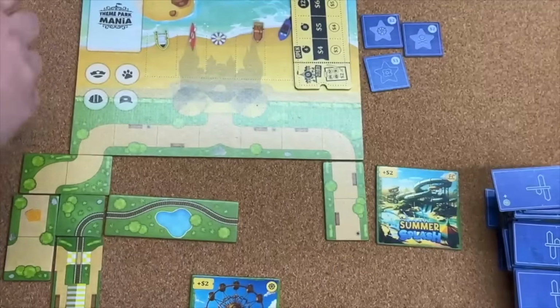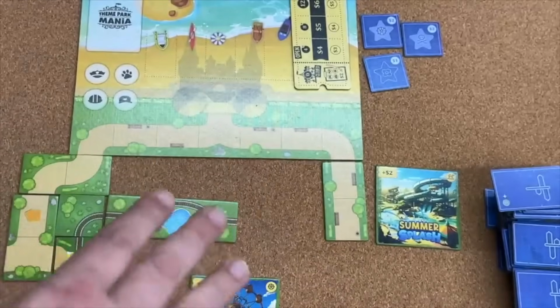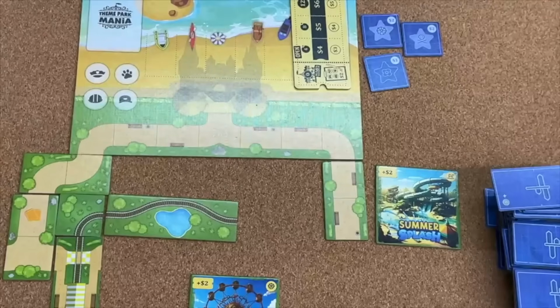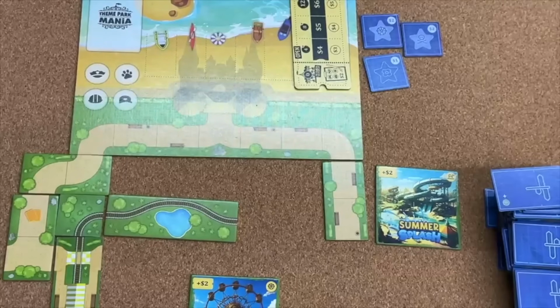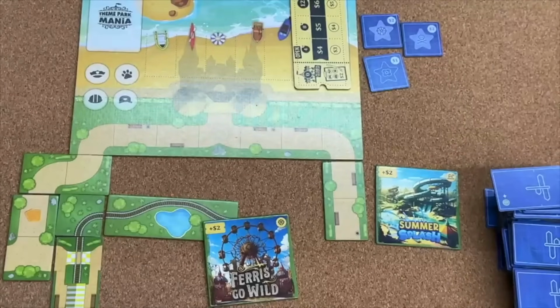You can also hire employees. Employees will cost a certain amount of money. You have to hire a mechanic before you can build any rides. You have to hire an operator before anyone can ride any rides. You can also hire security and mascot. And these all cost money to build them, and they're also worth a victory point at the end of the game. Once 4 of these have been built, the park is now open, and now there's a 6th action